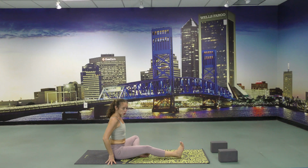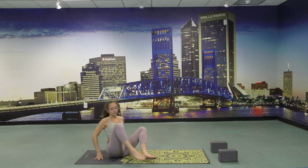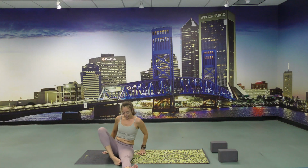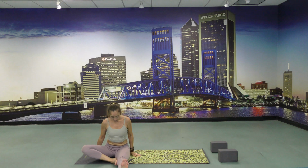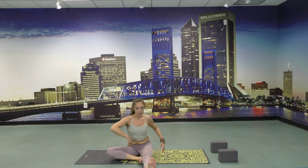simply. Coming to Janu, straighten the right leg, bend the left knee, bring the left knee outside, and just bring the arms up, reach up, keep the tailbone down, and as you